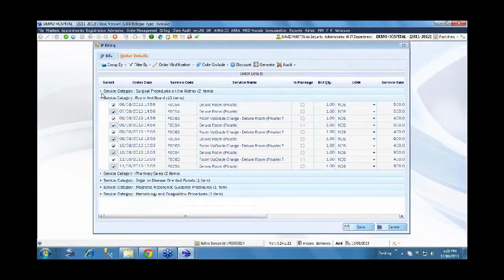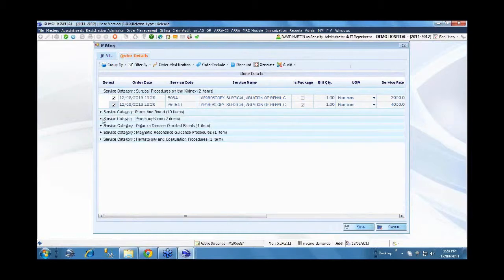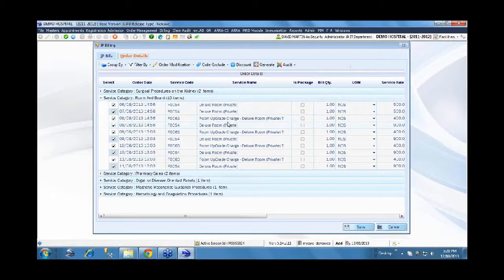Like, say for example under room and board, these are all the categories. To save time, we didn't go into the detail of admission, transfer and all of that. Like the patient is admitted on 6th of August, predated entry. Now under room and board service category, we'll expand that. Here on 8th of August there is a transfer made for the patient from deluxe room private to an executive room. This patient is covered by the sponsor, the state health insurance, and it covers only deluxe room private and doesn't cover the executive room.